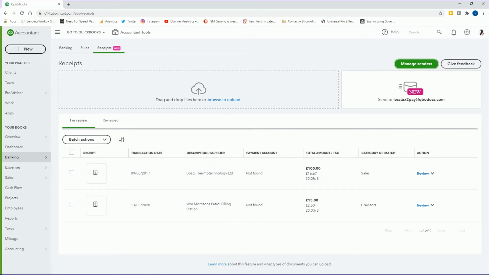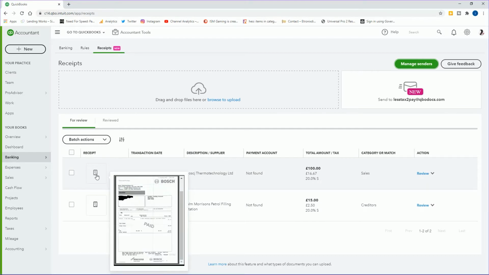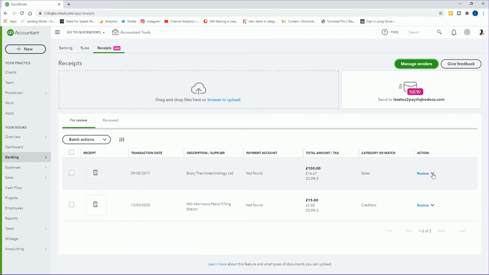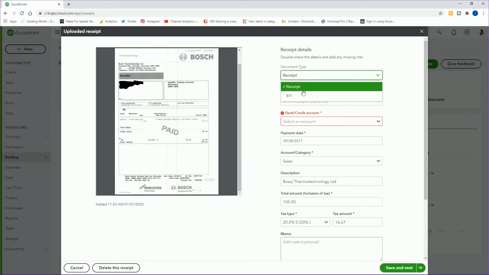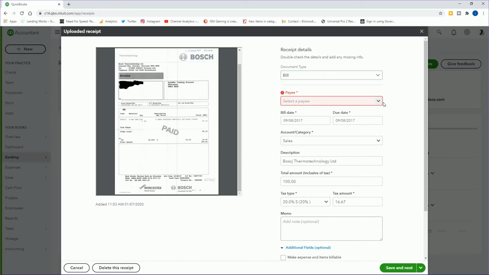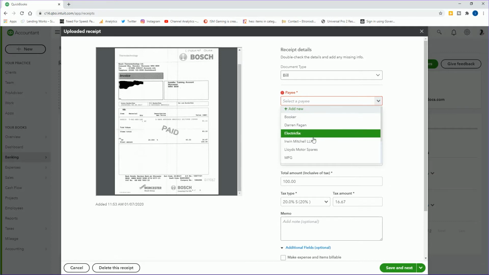But going into the actual items here, you can see that I've got two items. One is a Bosch invoice for £100. Let's just review it. You see it's a Bosch purchase invoice for £100. Now the system has automatically detected that it's a receipt. Well, it's not, it's a bill, and also it hasn't found a payee in there, which is fine,